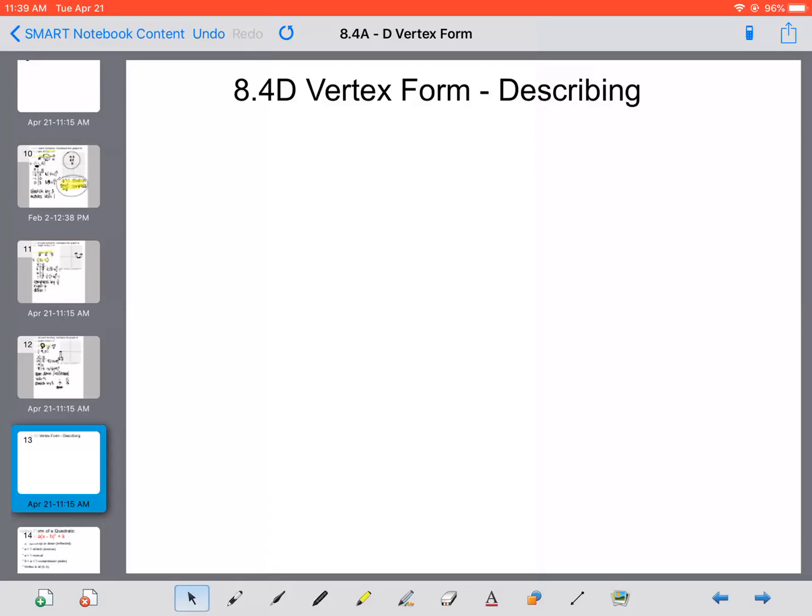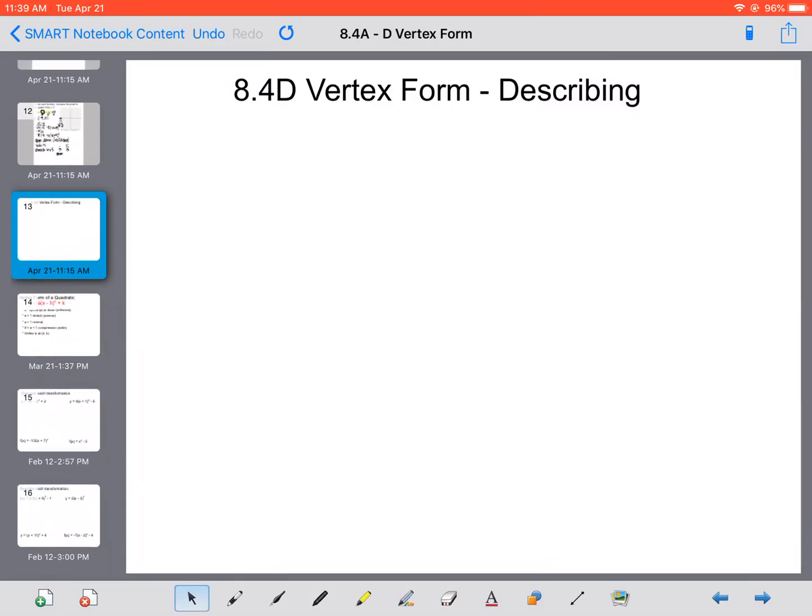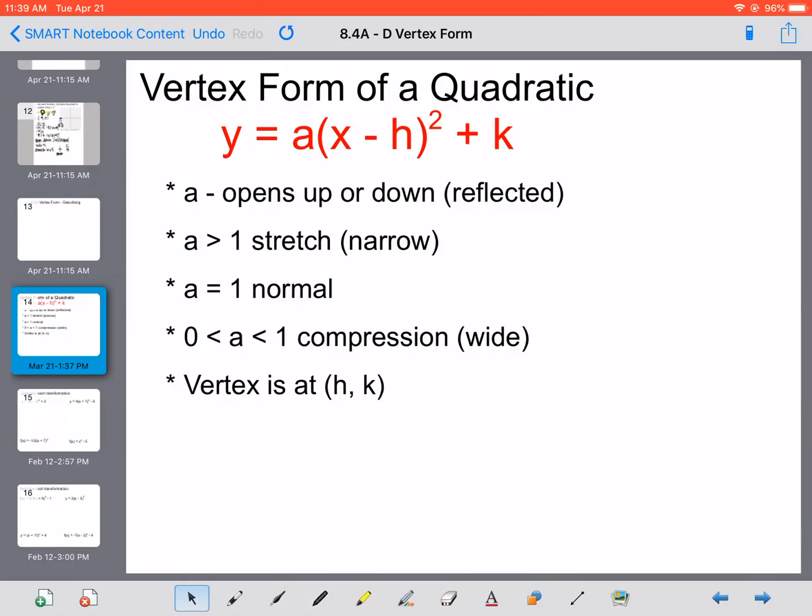So now we're going to take a look at our vertex form, and we're just going to describe the changes. So there's no graphing today, we're just going to use words and describe. So let's reiterate what we learned yesterday. So A tells us a couple different things. If it is opening up or down, so if A is negative,